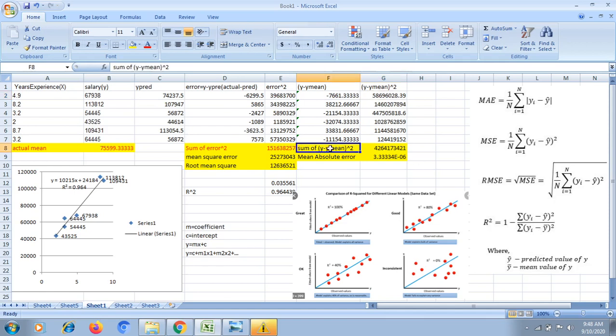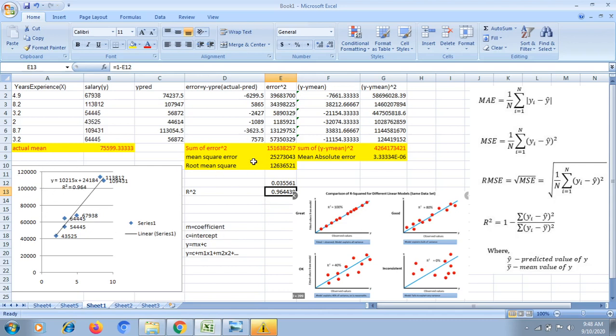Okay, I got the numerator and also the denominator. Now I am just dividing the numerator by the denominator, E8 by G8. I need to do 1 minus numerator by denominator. I am doing it here: 1 minus E12, where E12 is my numerator by denominator. Okay, I got the R square value 0.964, 0.96, it is matching our model.